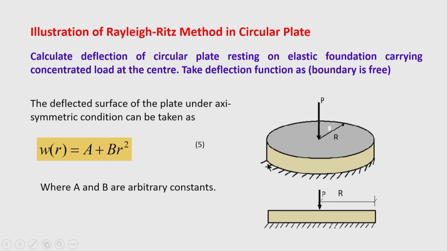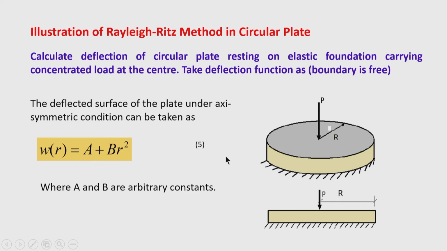So, here the boundary is taken as a free boundary. In case of a free boundary, you know that there is a possibility that rigid body deformation may take place. So, in that case we introduce a term, say W r is equal to A. This constant A represents a rigid body